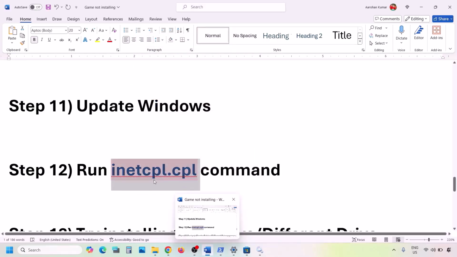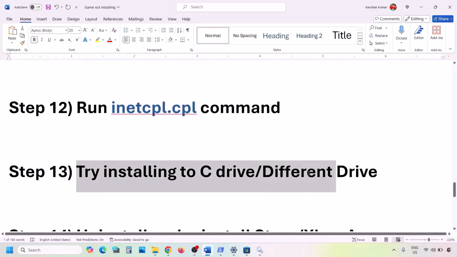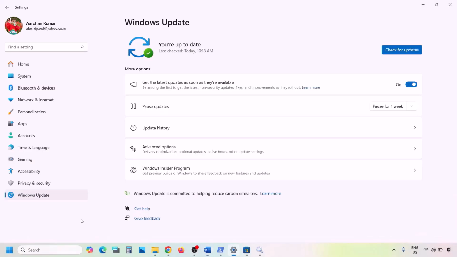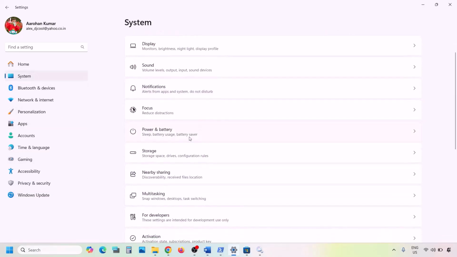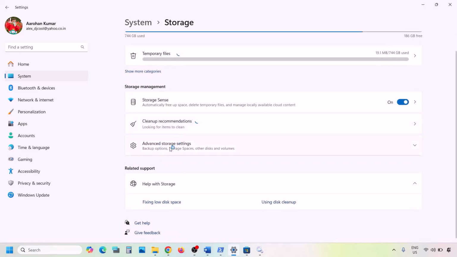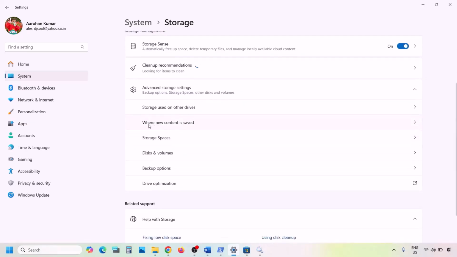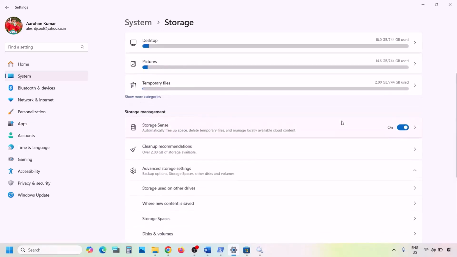Now the next step is to try installing it to C drive or a different drive. So in that case, you can open Windows settings, and then go to system, and then go to storage over here, and then over here you can change the storage. So click on advanced storage settings, and here you can see where new content is saved. So you can click on it,